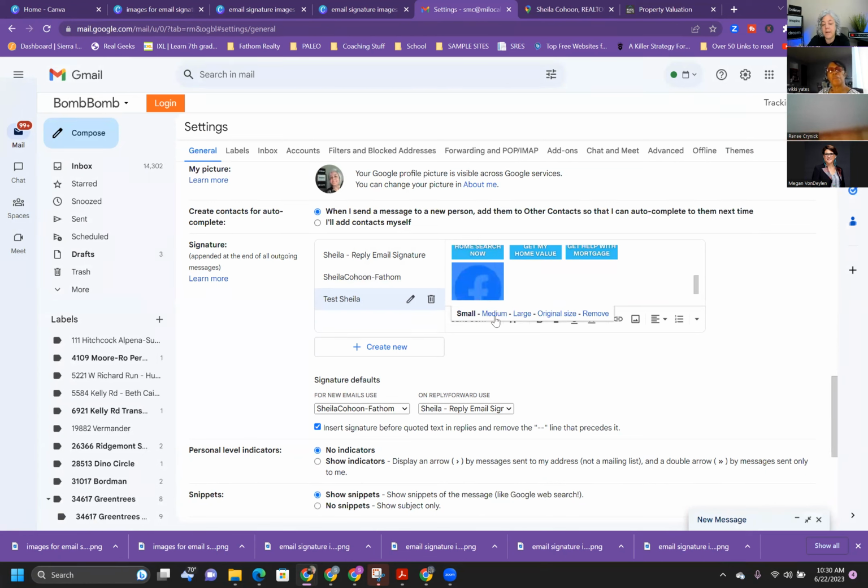Okay, and I can make it small, medium, or large, but it's not going to be as small as the original size. Okay. And even when I did it on the bigger side and tried to make it smaller, it would never be smaller than this 50 by 50. When I tell you I spent a lot of time doing this and trial and error, I did. I spent almost an entire day trying to get it to be smaller but more crisp, and it just simply didn't work. So